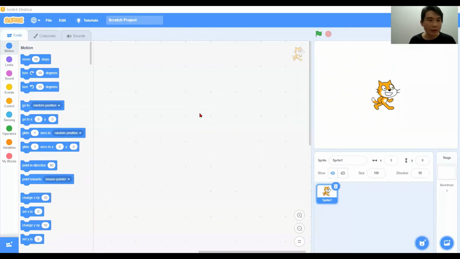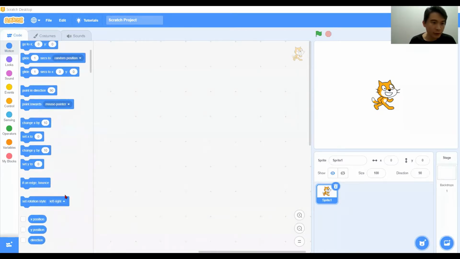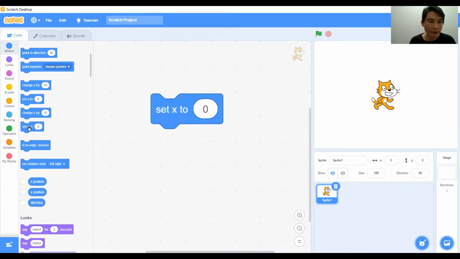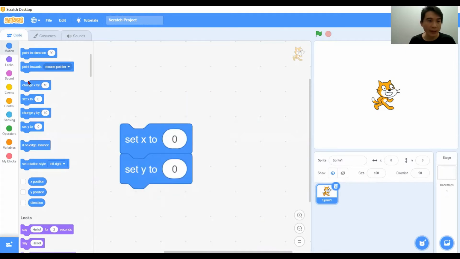Hi everyone, today we're going to look into another motions block, and let's see what we have for today. Okay, we're going to learn about this set X and set Y. Let's have the block on the screen. What is this block all about? Actually, this is the same as the